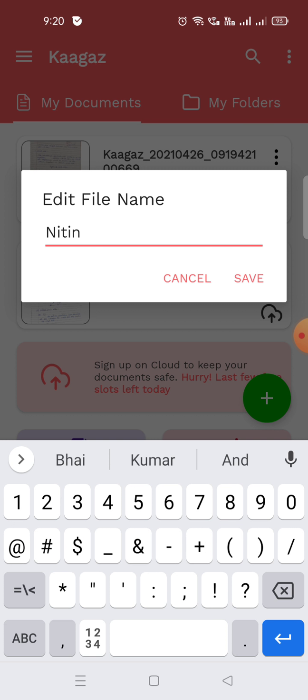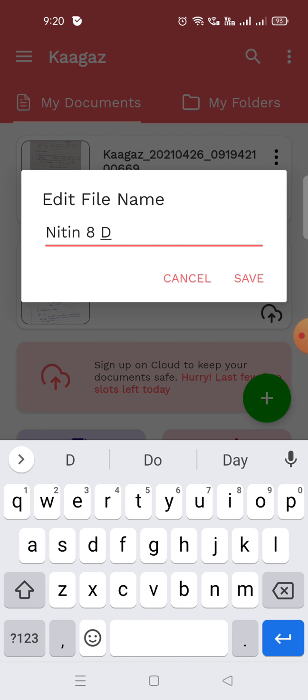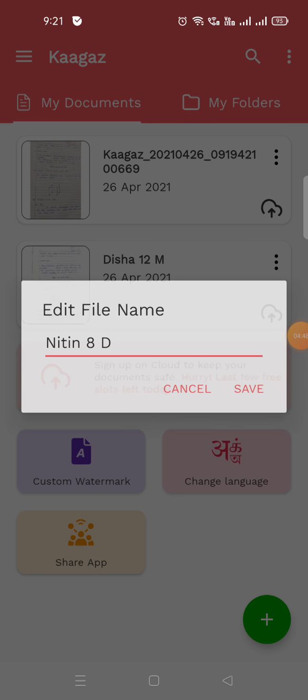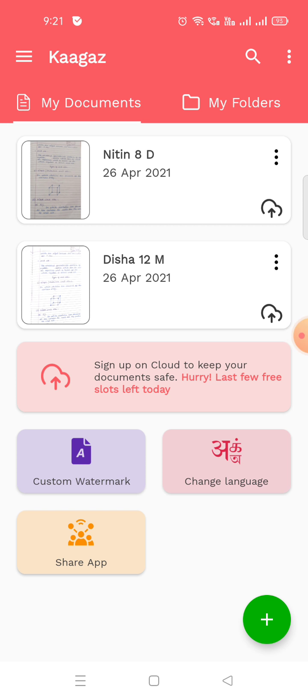So we will write 8 diamond. Okay. And now we can save it. You can see here is the save option. We can save it. And now you can see your PDF is saved.